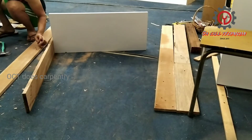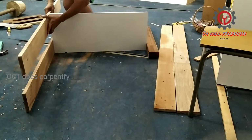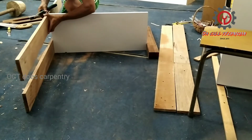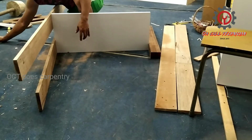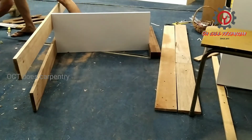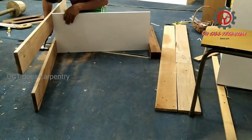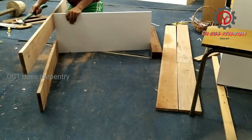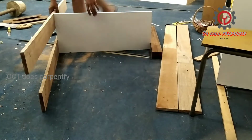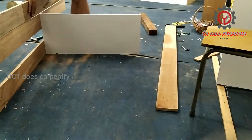And I'm assembling the middle shelves first. This is how you do it if you do it alone. Take note, guys, I use a square here so I can get the level I want. So I already put a mark on it,